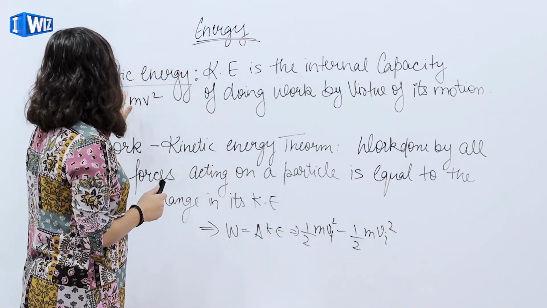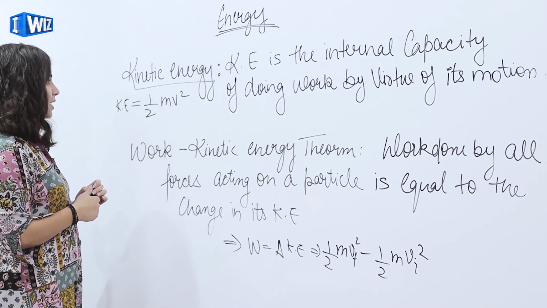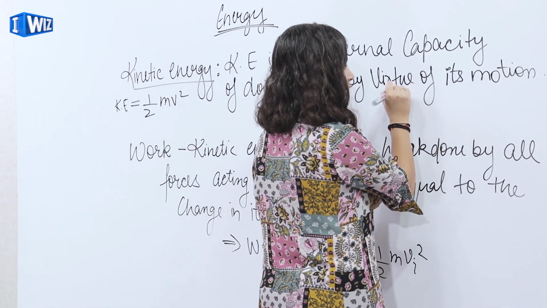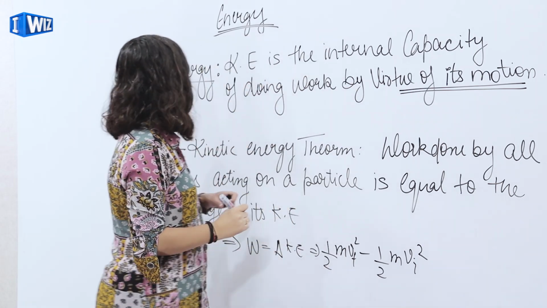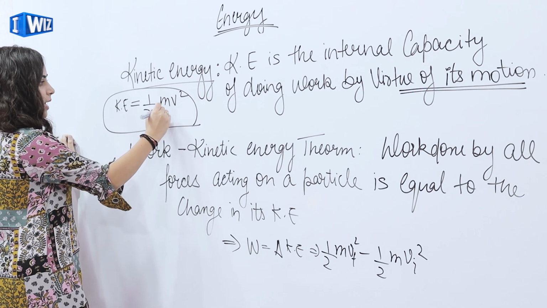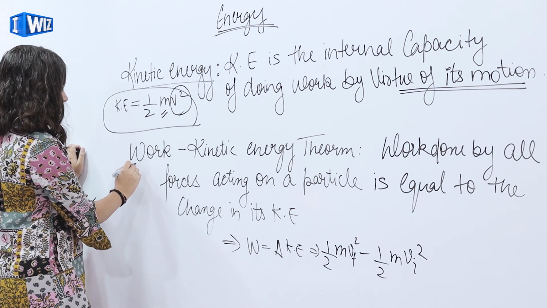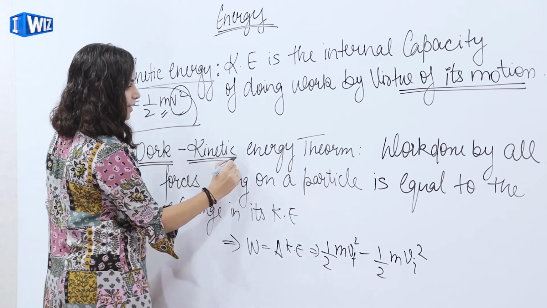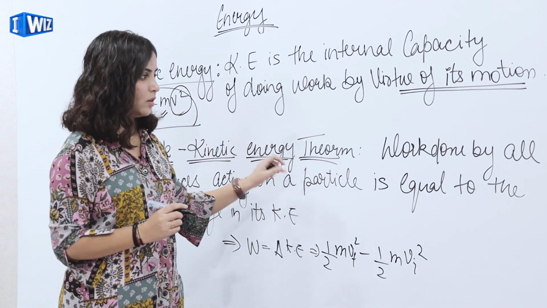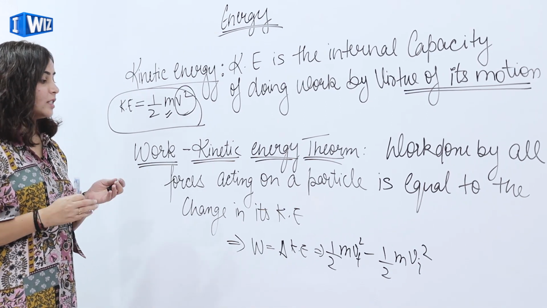Now kinetic energy. From the definition, kinetic energy is the internal capacity of doing work by virtue of its motion. That means kinetic energy is related to motion. The formula of kinetic energy is half mv square, where m is the mass and v is the velocity of the particle. Now let's discuss the work kinetic energy theorem. This theorem states that the work done by all the forces acting on a particle is equal to the change in